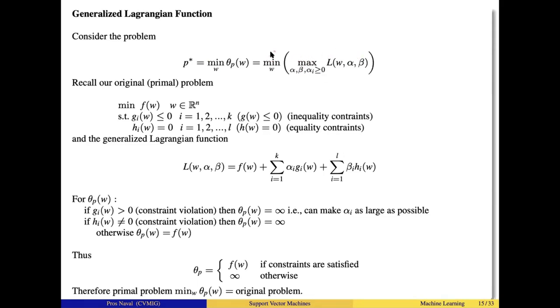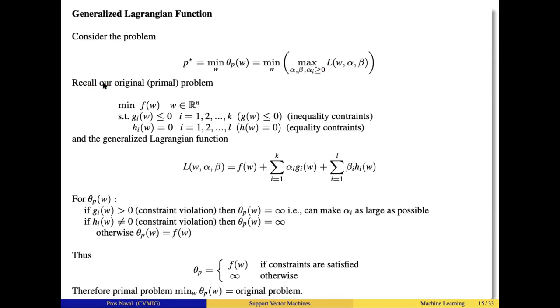We want to minimize the maximum of L. Okay, so this is the original or primal problem, right? We want to minimize the maximum of L. To see why this is the same as the original SVM problem that we are trying to solve,